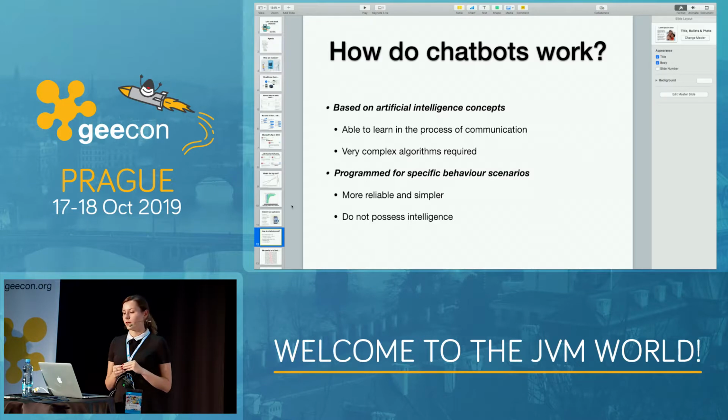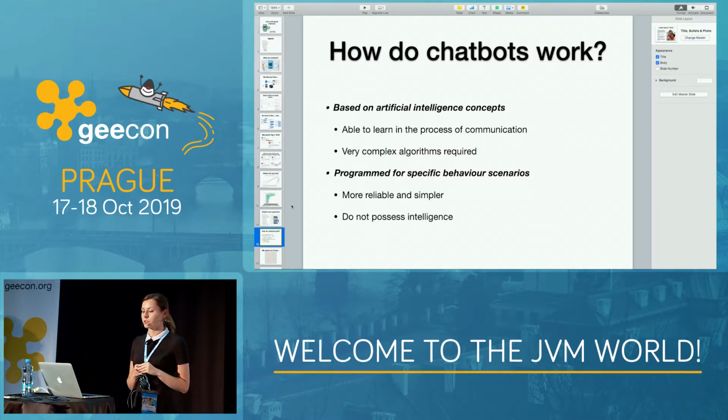The other kind of chatbot is quite simple. It's programmed for specific behavior scenarios. It's more reliable and simple. Basically, it's just the FAQs chatbot, so you just teach the chatbot the most frequent questions that your user may ask, and it will just learn to answer them.